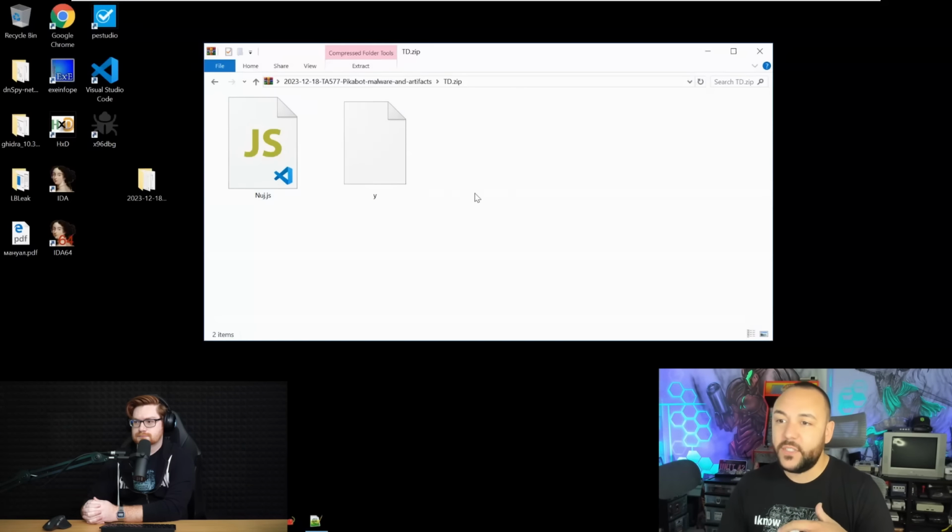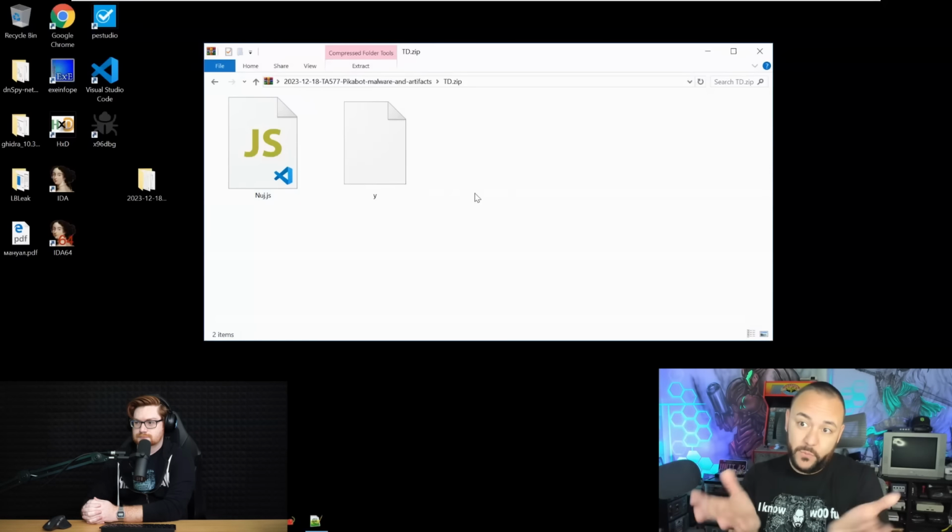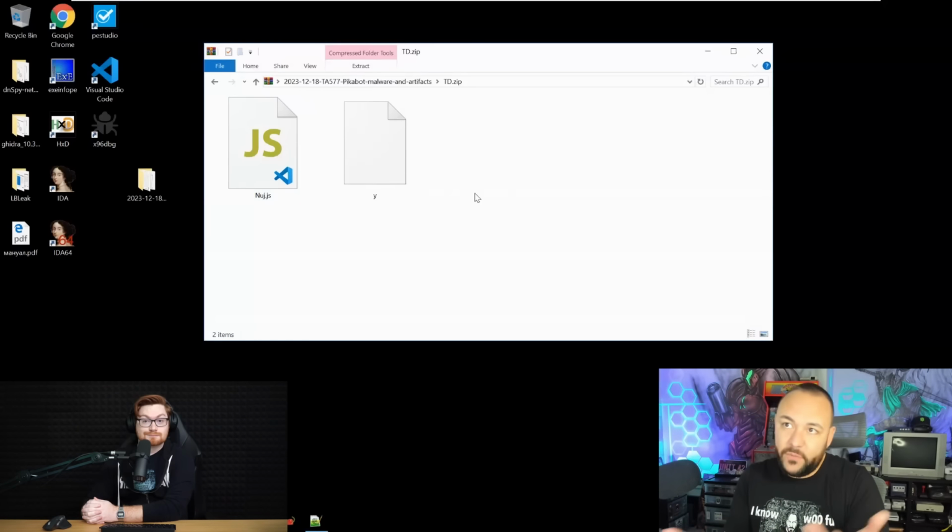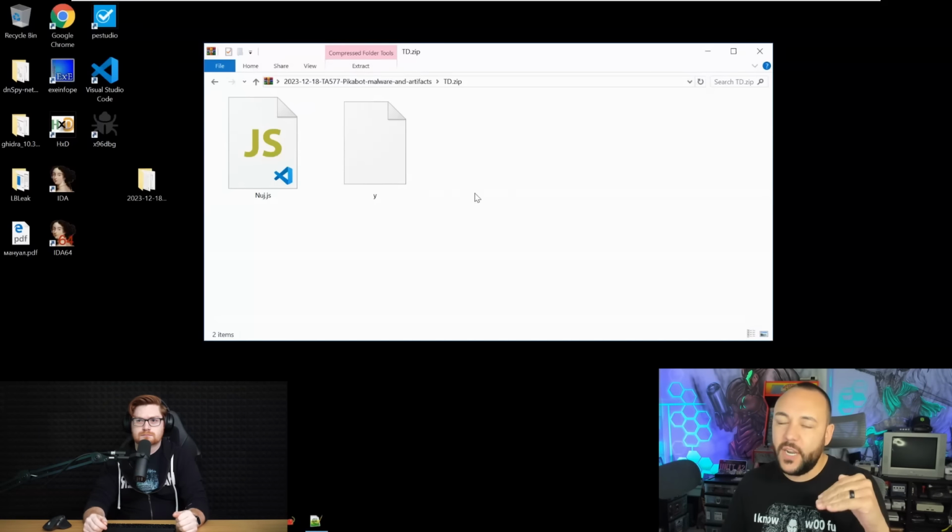But in Windows, if a user were to double click this zip file, they'd be presented with what looks just like a folder, right? However, it's actually decompressing on the fly. And by the way, Windows will store the contents of a zip file when it's accessing that file in the local app data slash temp and then slash temp1 underscore and then the name of the zip file. And you can actually use that as a forensic artifact, especially if you have an EDR that records all those file and folder creations and things of that nature.